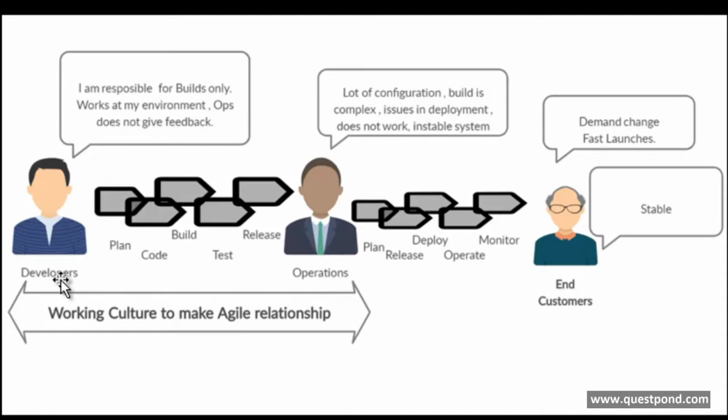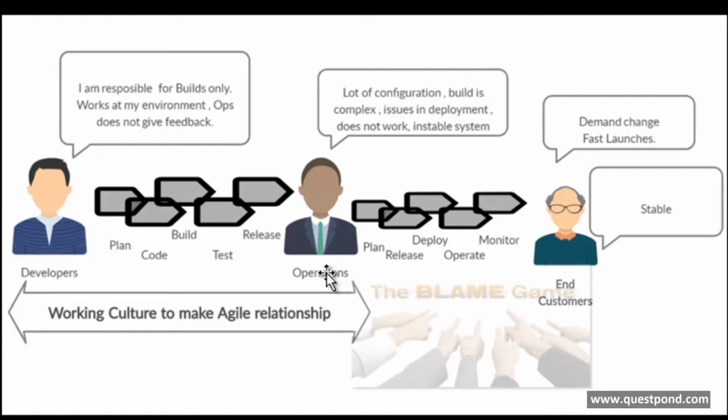When the developer gives the final release to the operations team, the operations team also has a certain process. They take the release, deploy it, configure it as per the environment, operate it, monitor it, and help the end customer understand what the changes are. And normally what happens is,